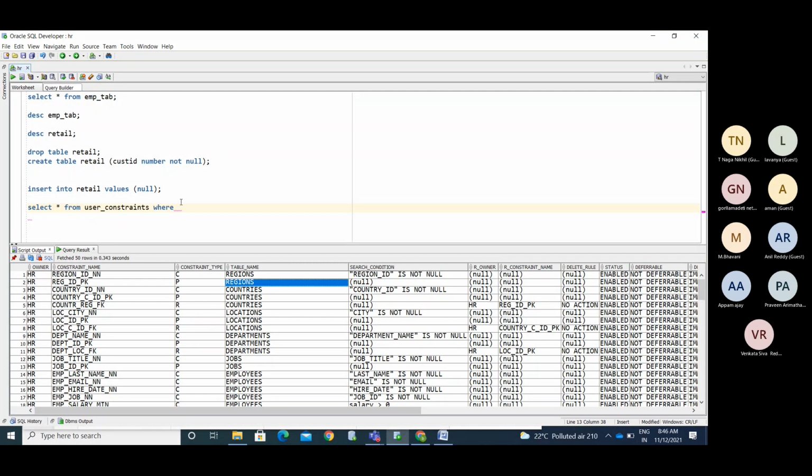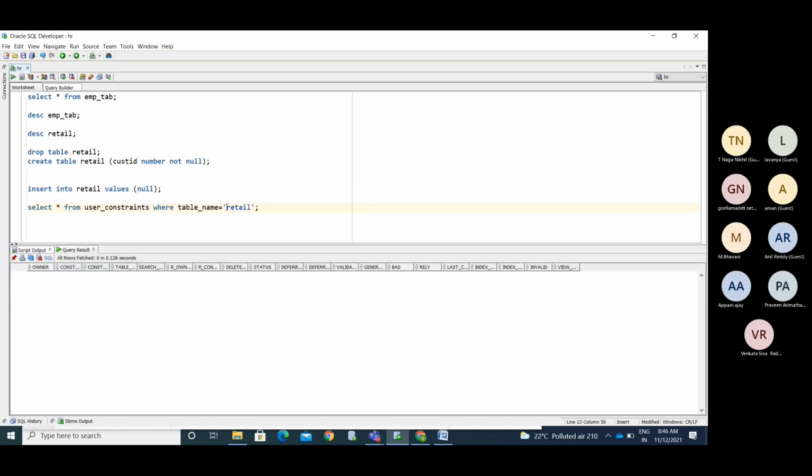If you want to know what constraints our table has, use table_name equals retail. I created this table, right? So I'm trying to retrieve this. Why is the data not coming here? The data is in lowercase, the table name is in lowercase, and the table name should be in capitals.